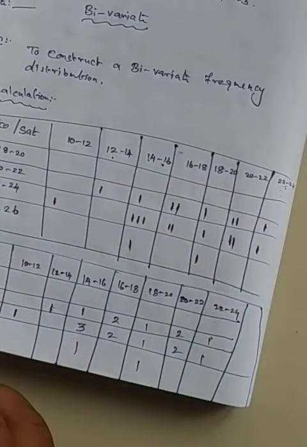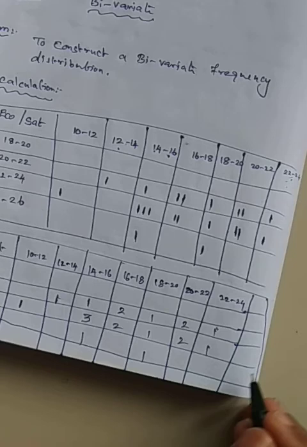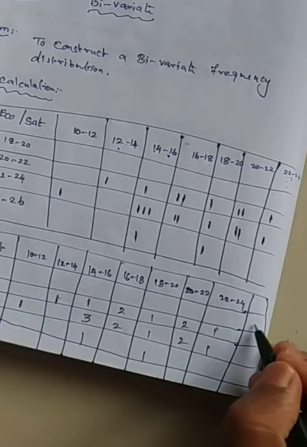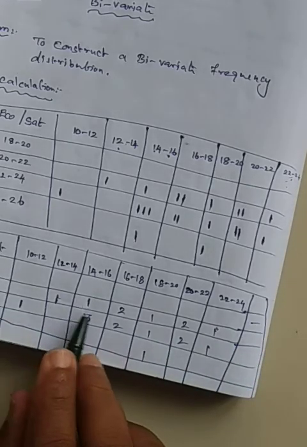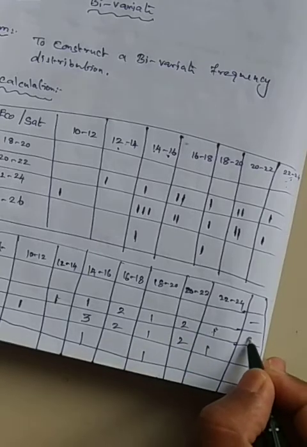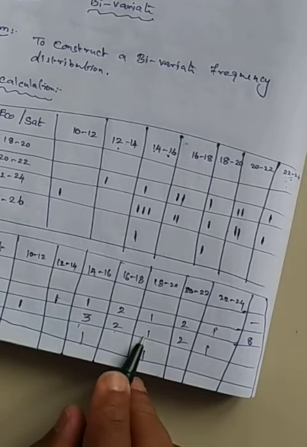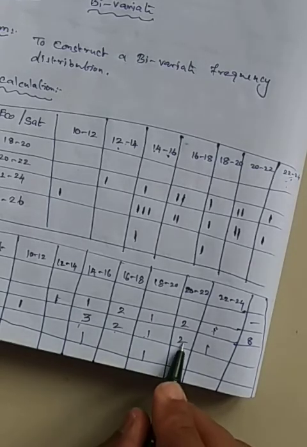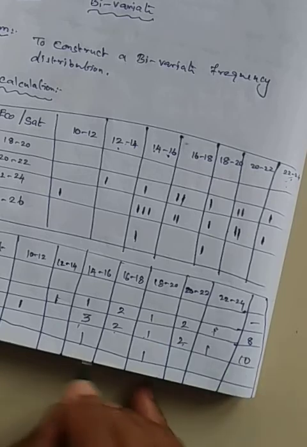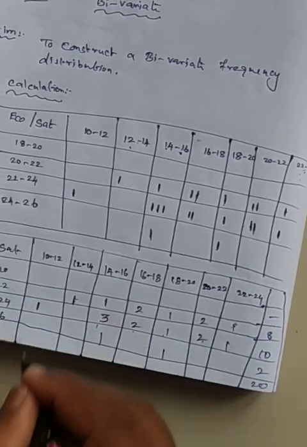After doing this one, please carefully note this one. Totaling is very important. What's the totaling? You can see here. Here nothing, so 0. So 1 plus 2, 4, 5, 6, 8. So here it is 8. And then 1 plus 3, 4, 6, 7, 7 plus 2, 9, 9 plus 1, 10. And here it is 2. So 8 plus 10 plus 2 is 20. It's coming.